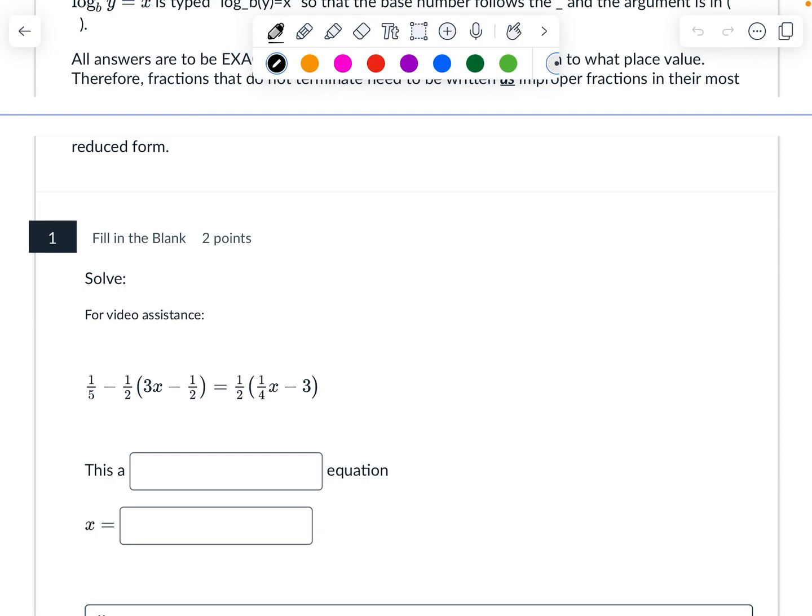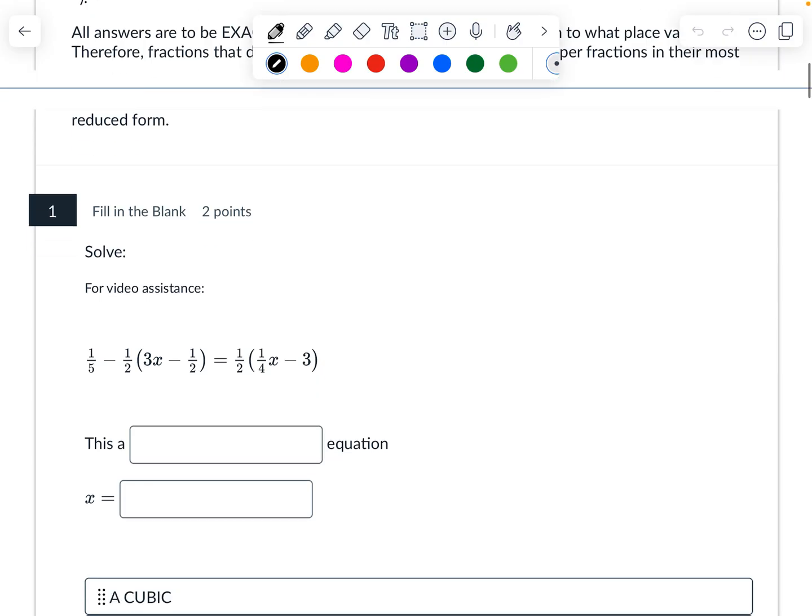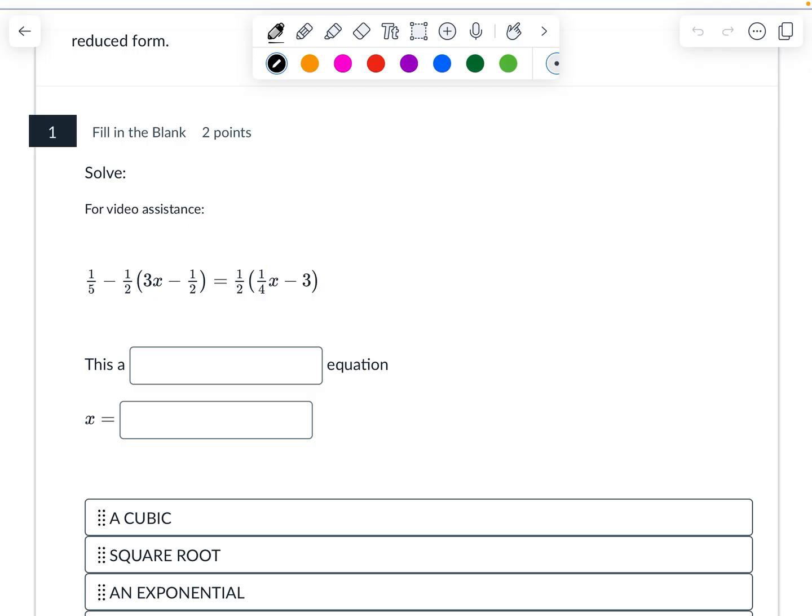Okay, my friends, a video in here on how to solve multi-step equations. And if we look at this, by the way, this is a linear function because the highest power of x is x to the first. All right, but now, order of operations tells us we need to get rid of the parentheses